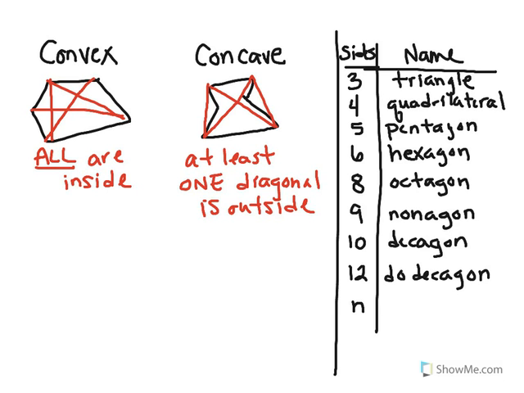8 sides is an octagon. 9 is a nonagon. 10 is a decagon. We skip 11. And then we say 12, which is a dodecagon. So the very last one that you see here is an N, and that stands for any number of sided